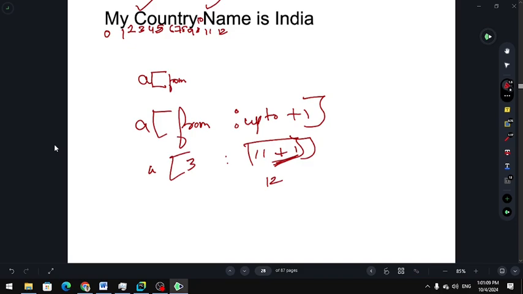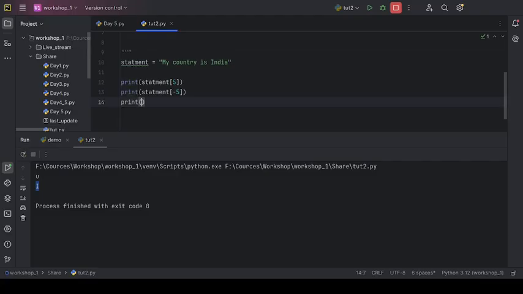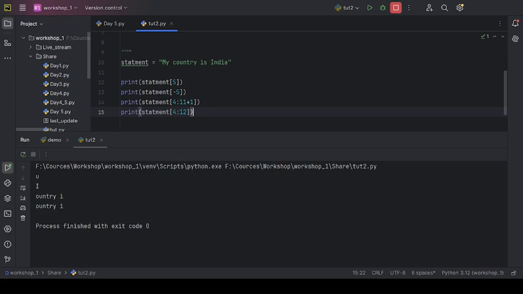Okay, so let's check this in PyCharm. So I am printing a statement using the square bracket operator from 4 to 11 plus 1, and simultaneously I am also showing the direct way by passing 12. Okay, in this statement I haven't mentioned name, so let me mention it and re-execute it again. See, what is happening over here is O. Why is it printing from O? Let's see.